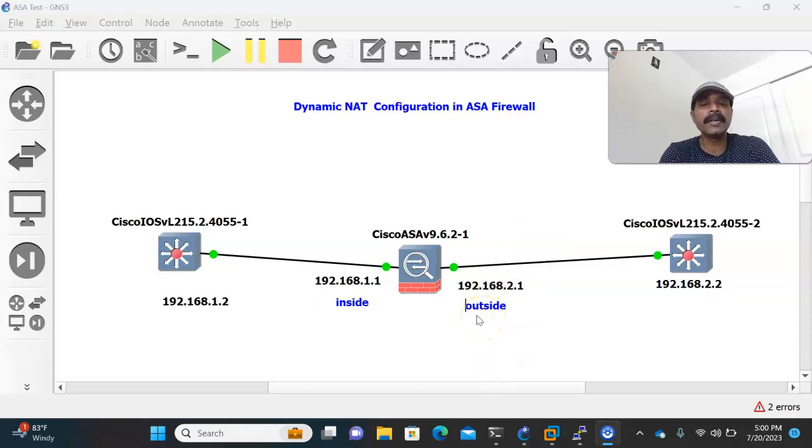So for that, what I have done is, to the Cisco ASA firewall, I have connected two devices, Cisco switch 1 and 2, and this IP is 1.2 and this is 2.2. To the inside security zone, I have connected Cisco switch 1, and to the outside security zone, I connected Cisco switch 2. By default, inside is most trusted, which is assigned a security level of 100, and outside is least trusted, which is assigned a security level of 0, and traffic always flows from the higher to